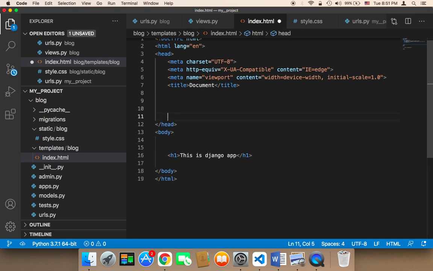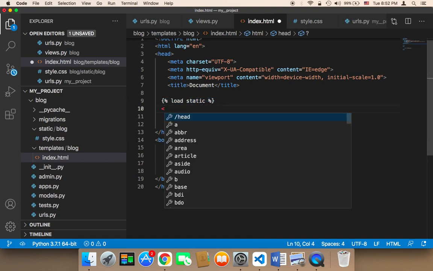To do that, we need to come over here in the head, and then we need to add this piece of code. We need to add curly braces and then percentages and then load static. This code is going to load the static folder. And then below this code, we need to say link